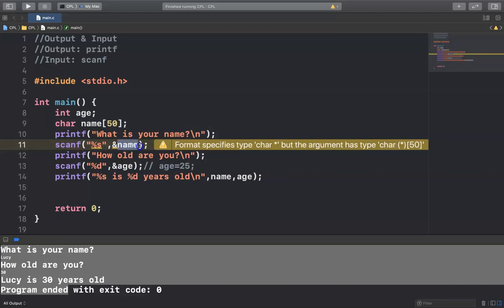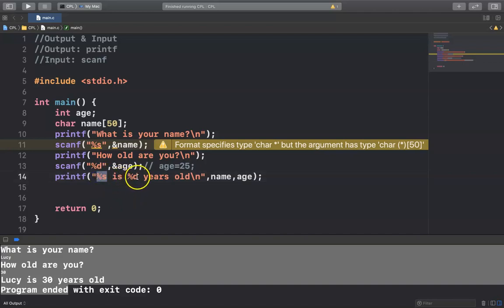So the user will input the value to the variable name, and then it will print how old are you. After that, here it allows the user to input a value to variable age, and then it prints